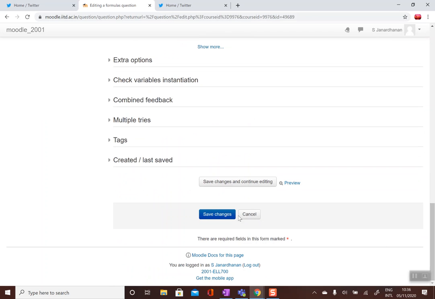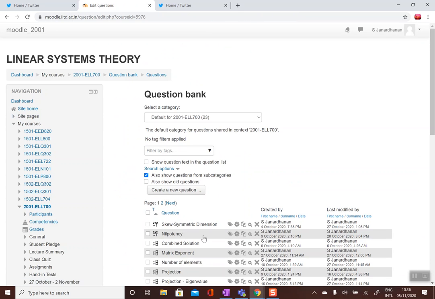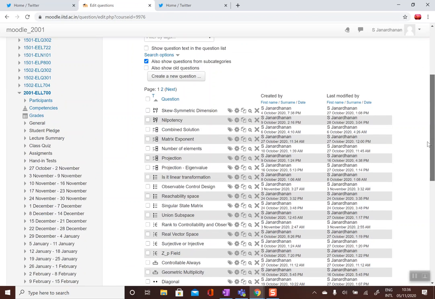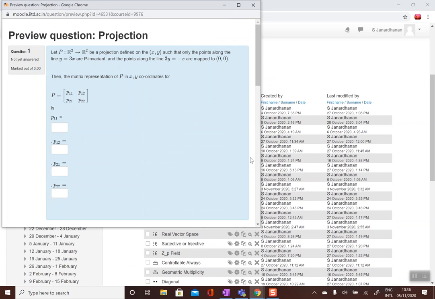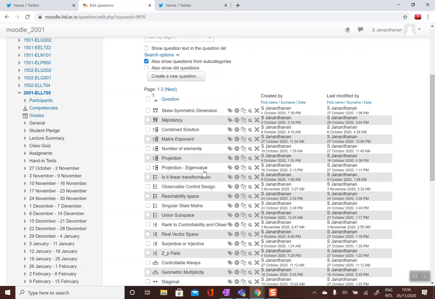And let me give you another set, where you have another question. Is it this one? Yeah. So you can even formulate a question where there are multiple parts. In this question, you have to find the four elements of this matrix. It has four components in it, and the way it has been made is that all the four components are actually dependent on